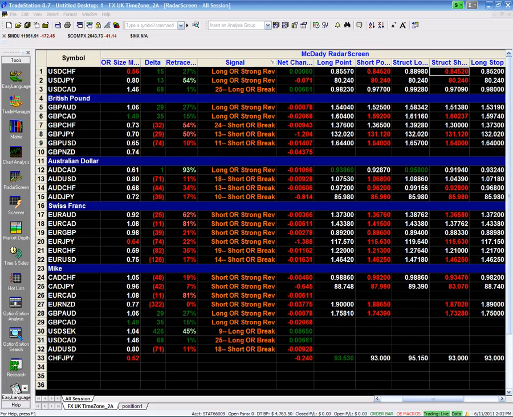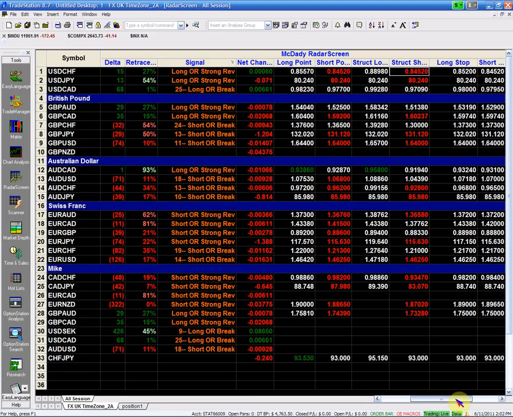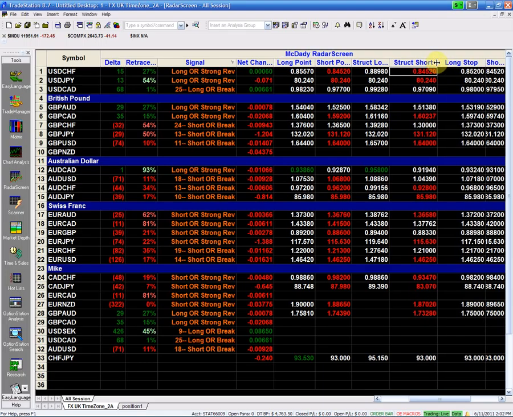Again, guys, if you look at the radar screen, this was a pretty interesting week. As you can see, everything under the structural shorts, most of the pairs, have been breaking through. All your short points have also been taken out, and if you take a quick scan of the structural shorts, you would see that